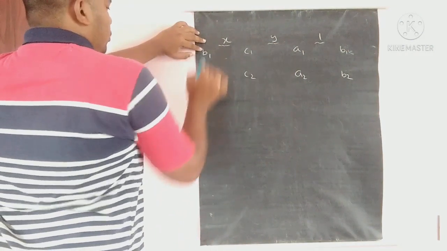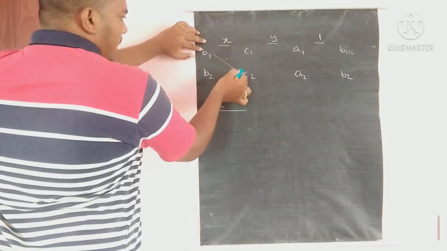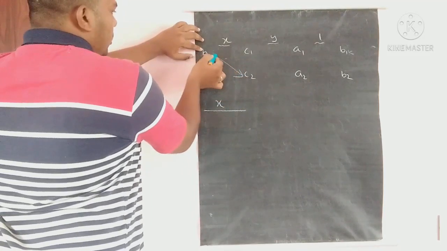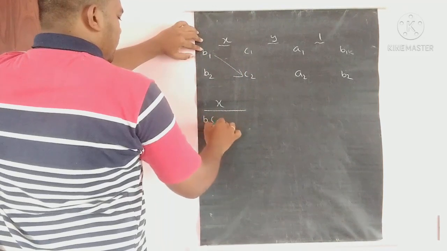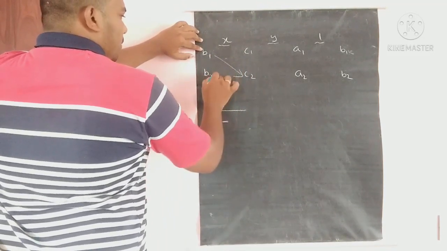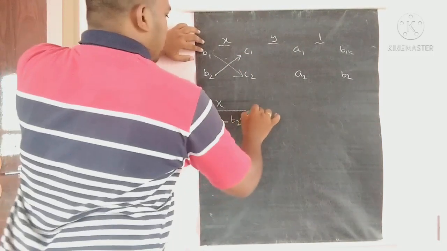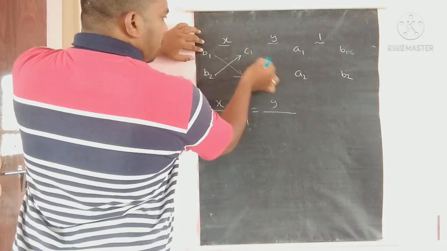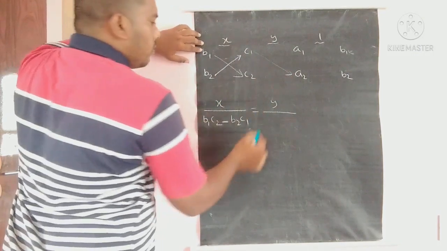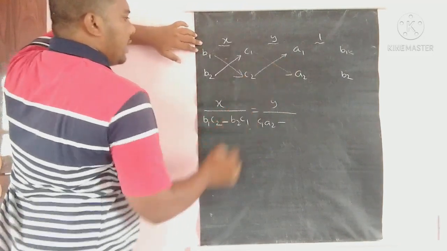Now you should write x by cross multiplication, from B1 at the top left to the bottom right, B1 C2 minus B2 C1 equals, now y by the same, C1 A2 minus C2 A1,